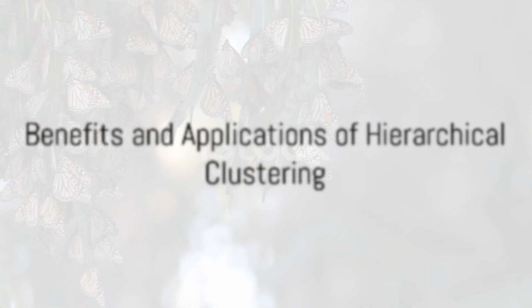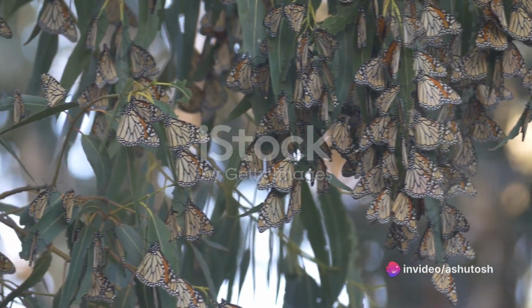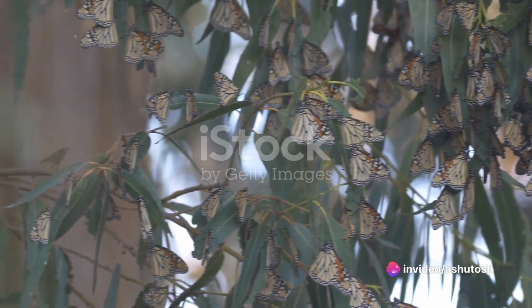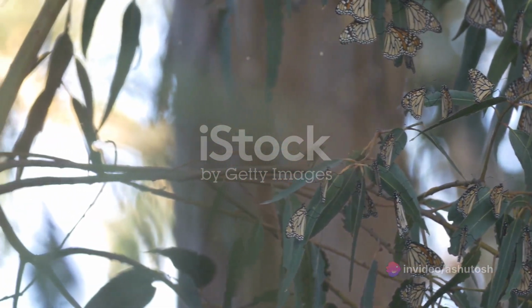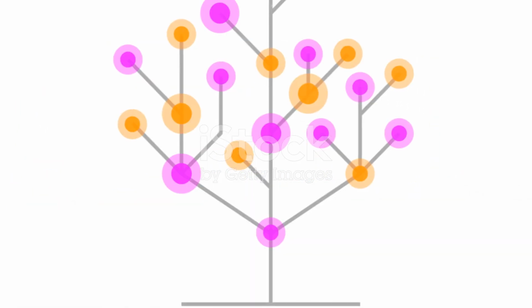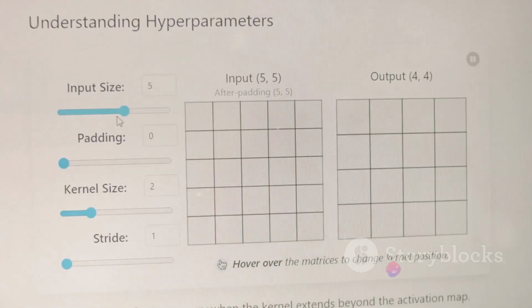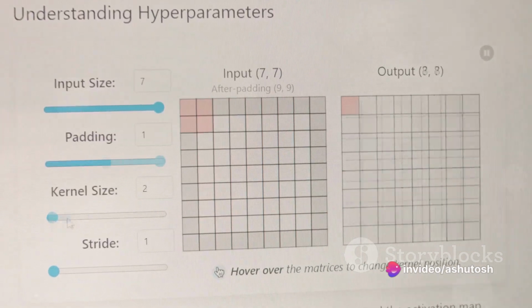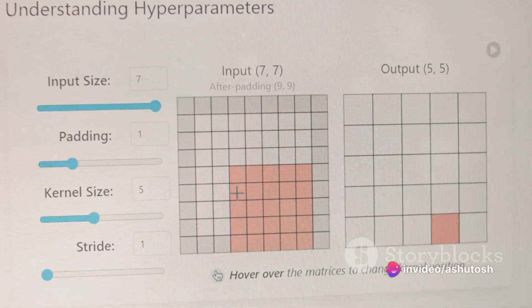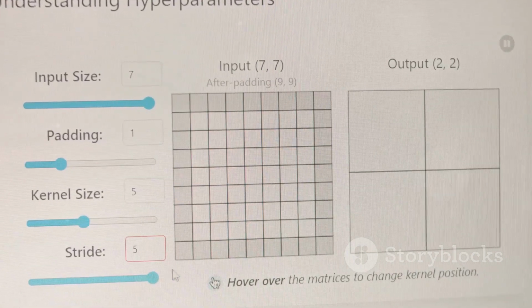To summarize, hierarchical clustering is a step-by-step method of cluster analysis in data science. It starts by treating each data point as a single cluster and then successively merges or splits these clusters based on their similarities or differences. The result is a tree-based representation of the data, which allows data scientists to visualize the data in a simplified format. This method is particularly useful in exploratory data analysis, as it provides a holistic view of the data, highlighting